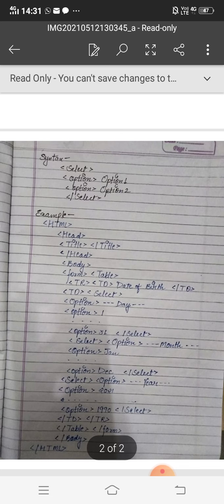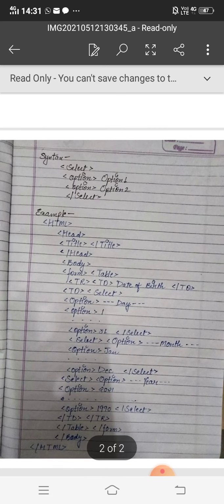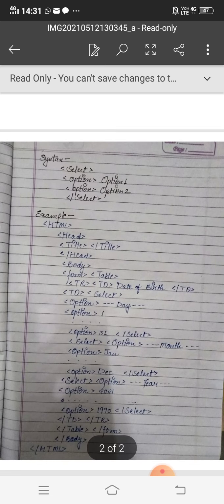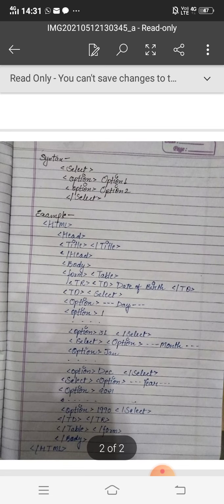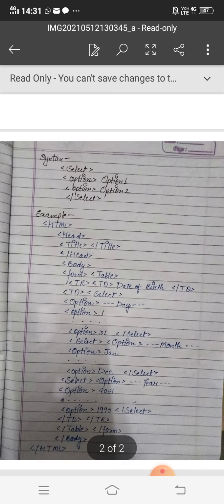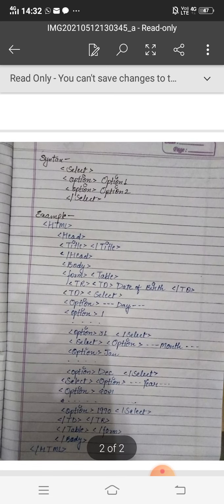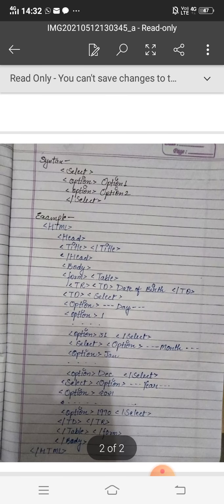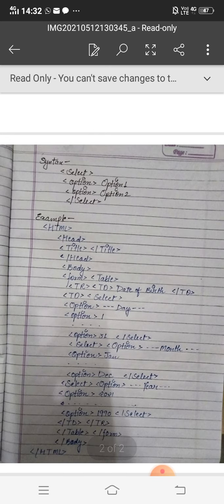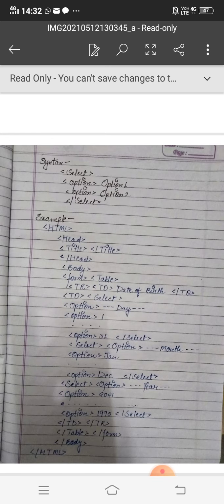There is no need to close the option tag, as we did not close the li tag in unordered list and ordered list. Similarly the option tag will also not have a closing tag. Option tag on, number 1 till 31, then select off. Next, select on